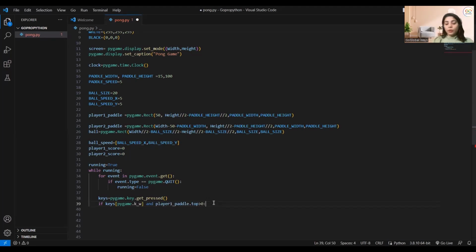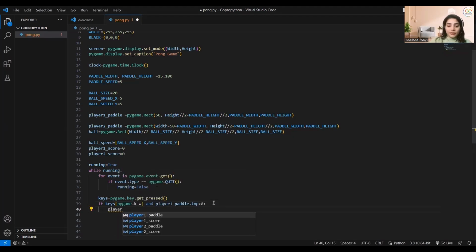So when you are pressing the W key and the player's paddle top is greater than 0, both things are going to happen, then the condition I'm going to give in here,